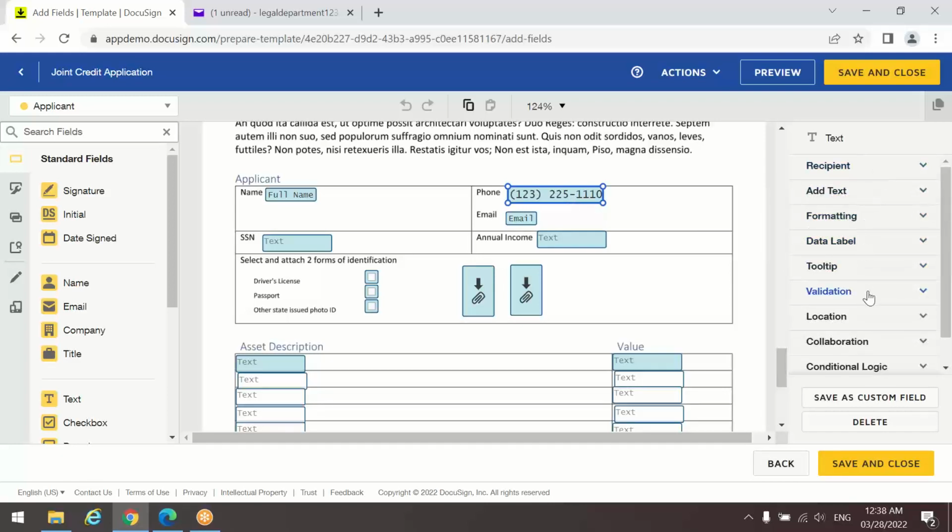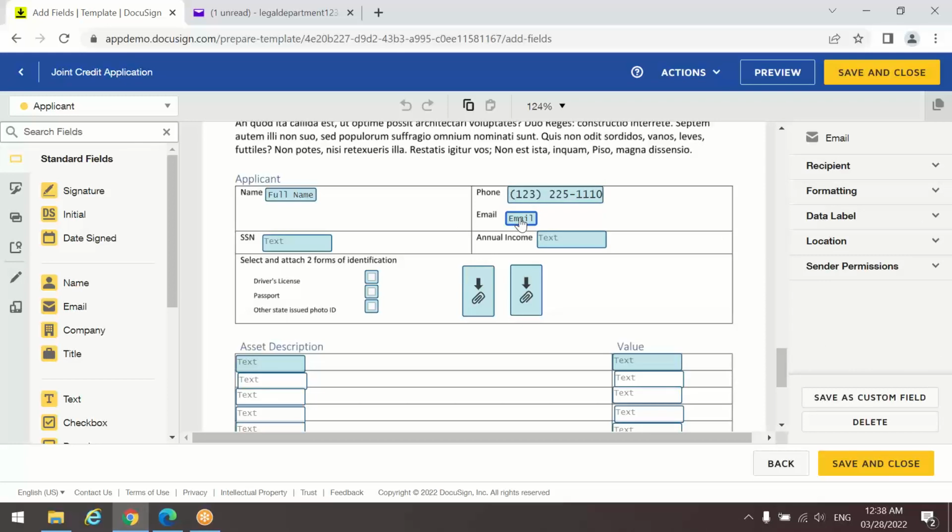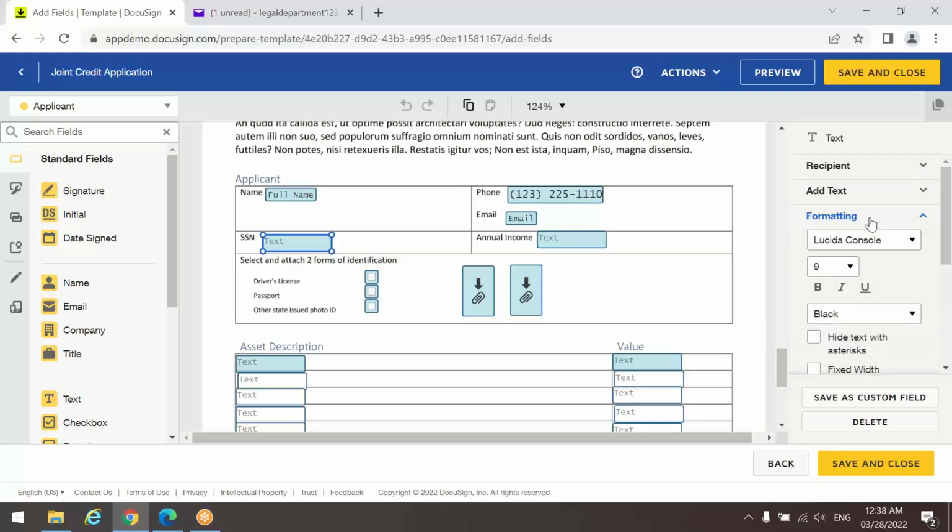and I have validated the phone number with the regex pattern, and I've added the error message as well, and the email field is the same, it's normal, and the SSN again. Coming here to SSN, it's a required field for SSN which I have opted, and coming to the formatting again, for the SSN, the option to hide text with asterisks, I have unchecked, because again, the SSN and the annual income, as I said to you, both should be visible for the credit assessor,